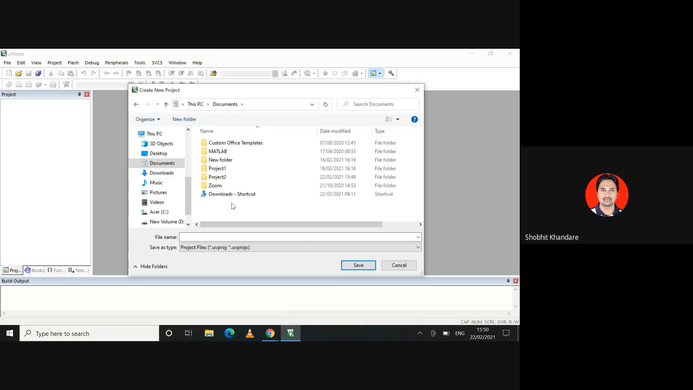Am I audible to everyone? Yes, sir. So I will have a new folder now. Click on the new folder, and a new icon comes up. Write down the name as project 3, and in this project 3,